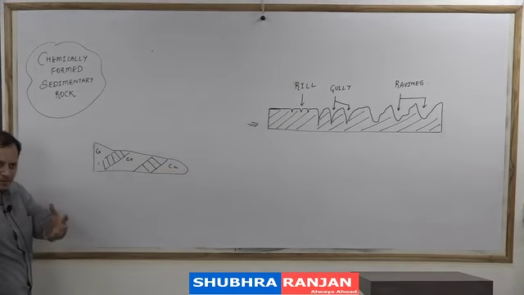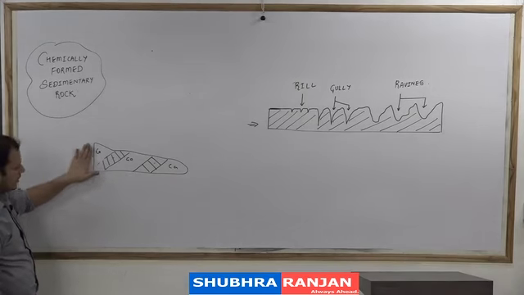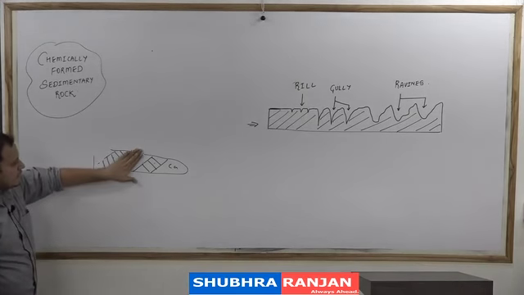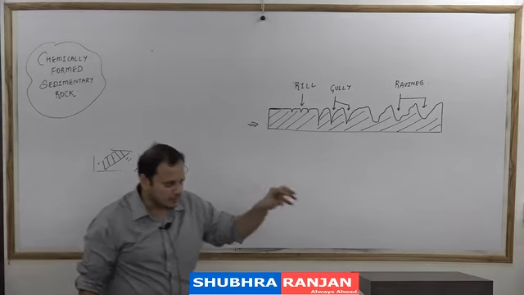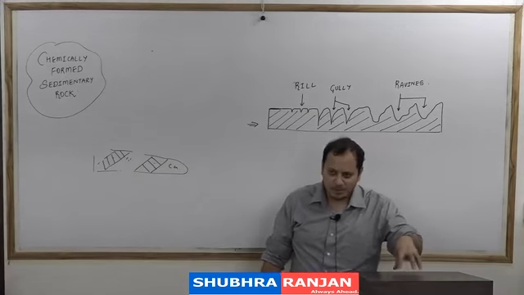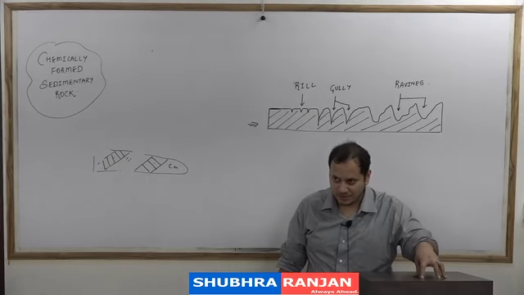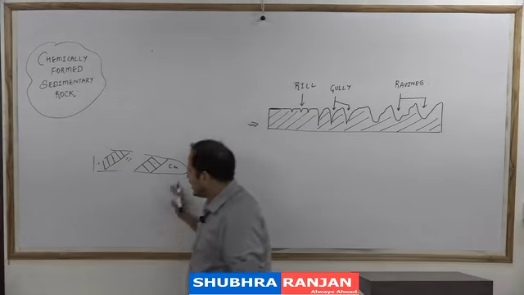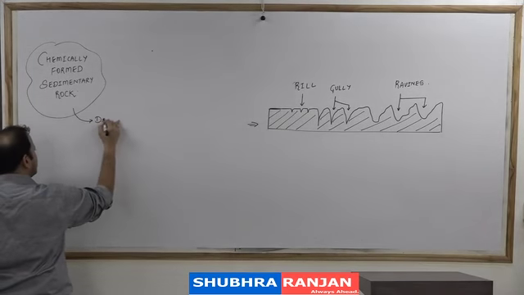Again this is calcium, and this is basalt, and this is calcium. Now imagine if a river is flowing through this region, what it will erode more? It will erode the calcium more. And when it erodes the calcium more, it will take the calcium and deposit it somewhere. So over the period of time, layers and layers of calcium will be deposited to give rise to the chemically formed sedimentary rock. So chemically formed sedimentary rock, you just remember it is formed by decomposition